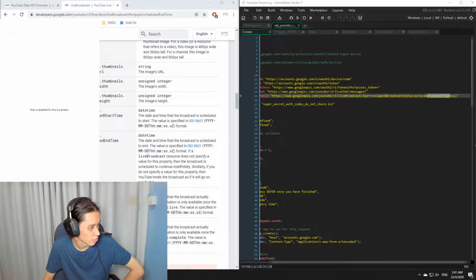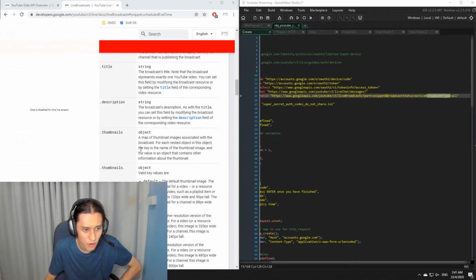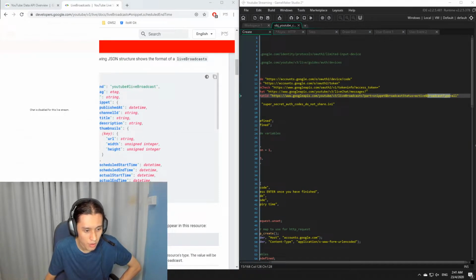Oh, active broadcast type equals all. I see. Nope, it still wants a parameter. Oh, just there. Yes. Okay, so now that works without a field. If I use a field, live, I think I'm spelling live chat wrong. I think I spelled it wrong. Live chat, the C is capitalized. Now, if I execute you,